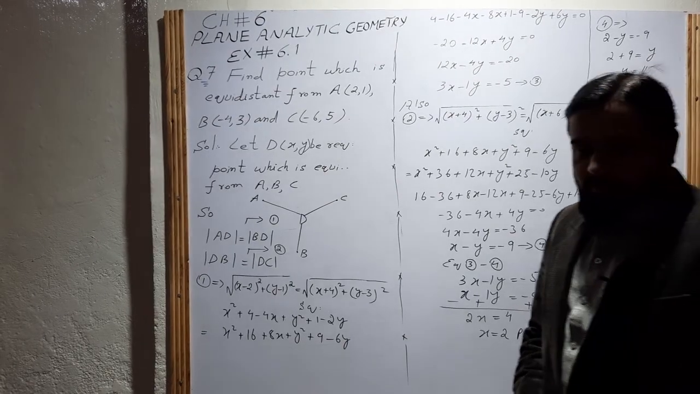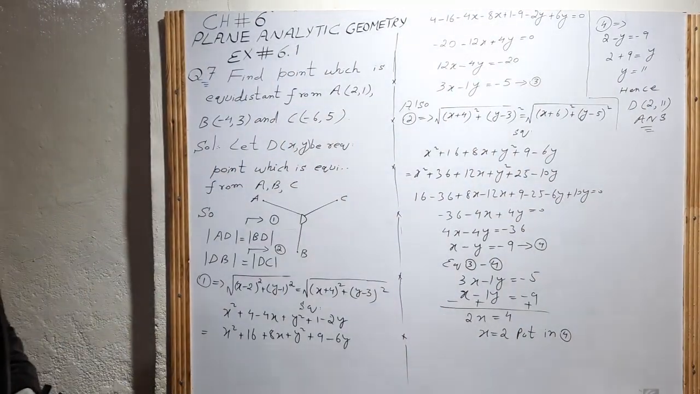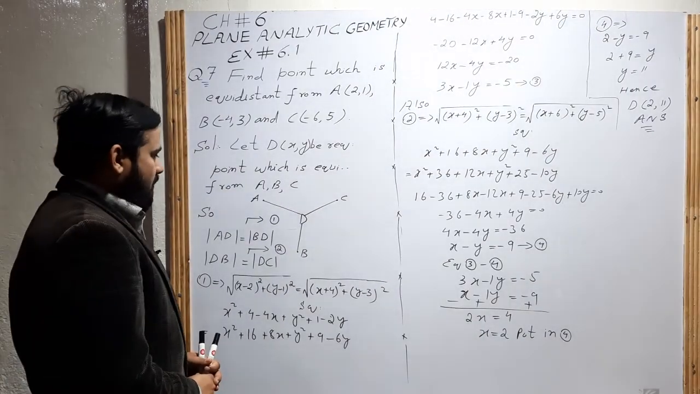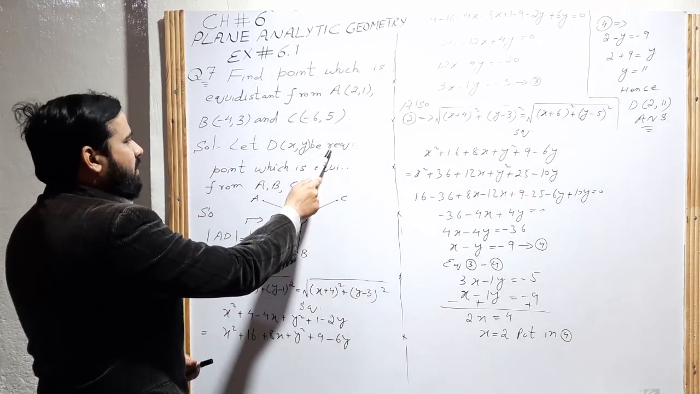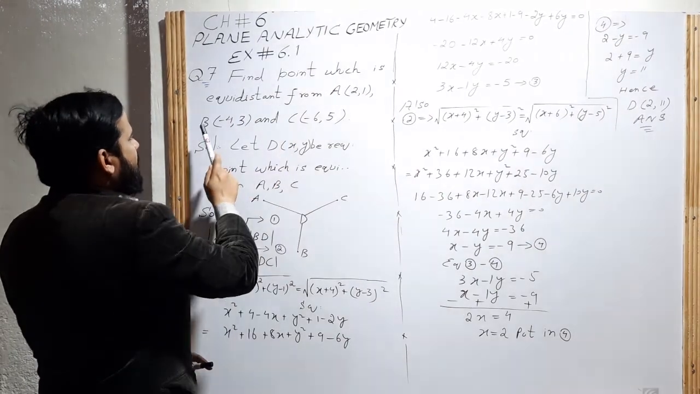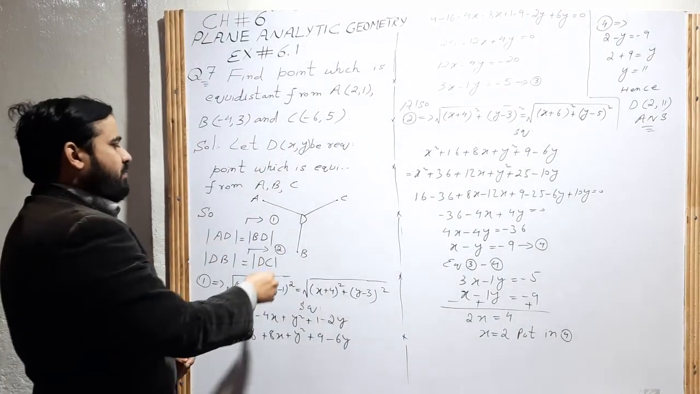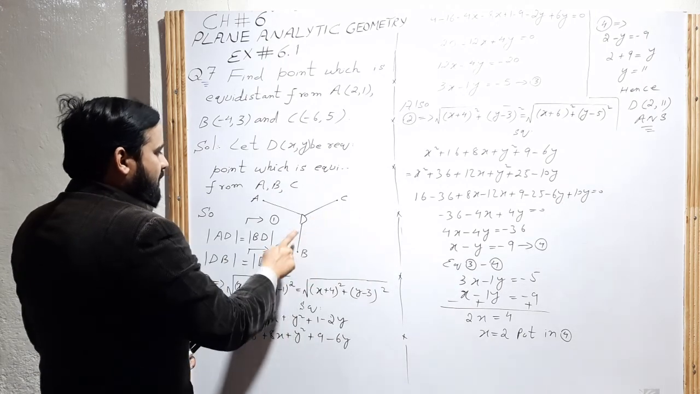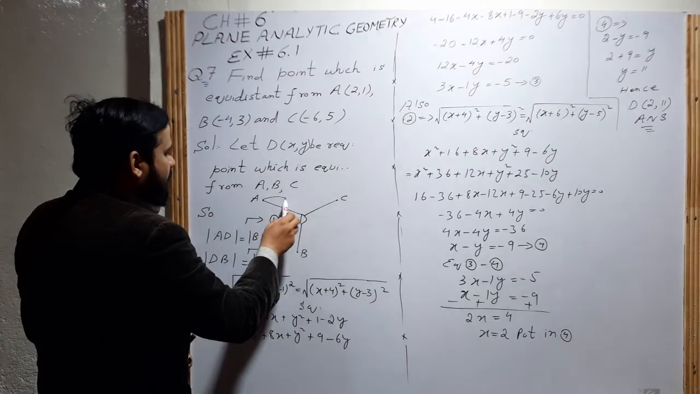Question statement: find the point which is equidistant from A, B, C. So let's start. Let D be the required point which is equidistant from A, B, C. Like in the diagram, for example, there is a point A, there is a point B, and there is a point C. So D is having equal length from A,